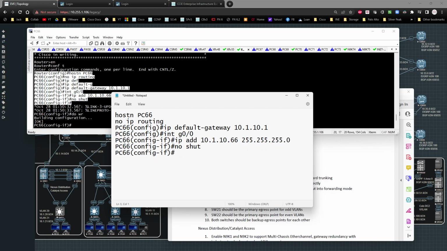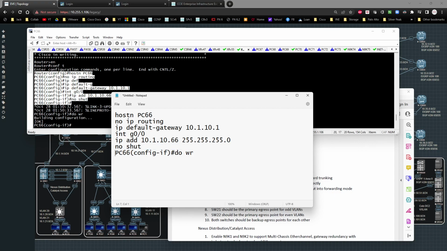Pull this one out. IP default gateway. We're basically turning this router into an end host. And then we're going to go, actually pull that out, and we're going to do a do write. Okay, so now I'm going to go ahead and pull this out and